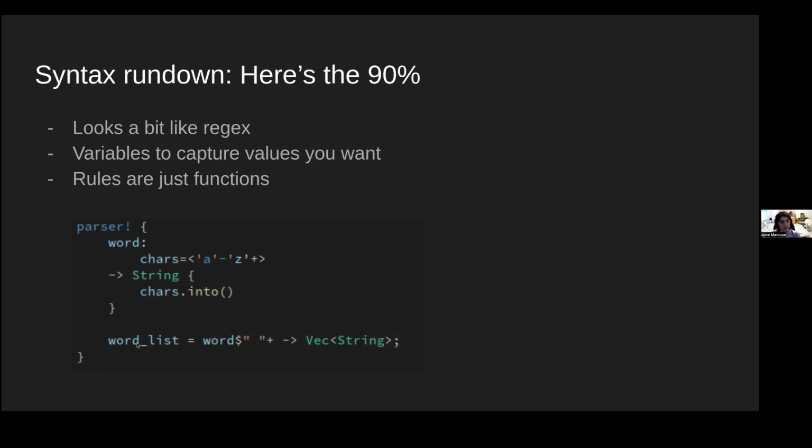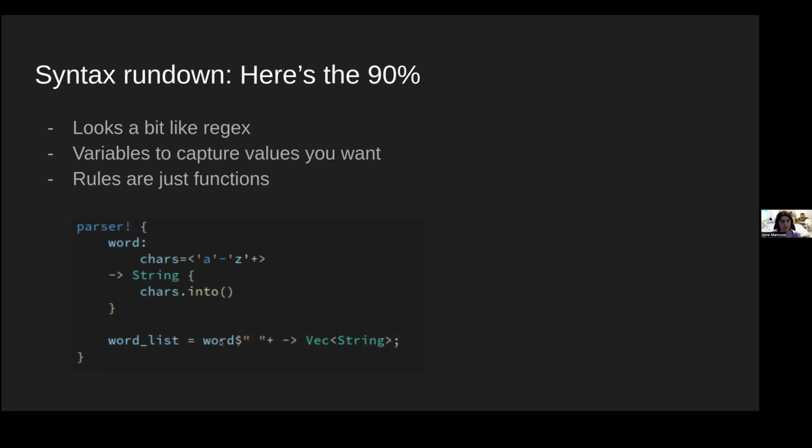And down here, since this is a function, we specify the return type, and this is just the body saying what the output of this parser is. Word list, since we're not even doing any kind of conversion on the values being parsed, we can just say this is equal to this, which has this return type.